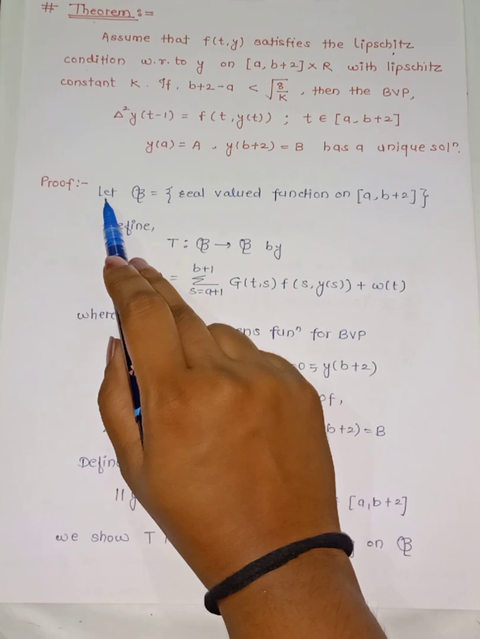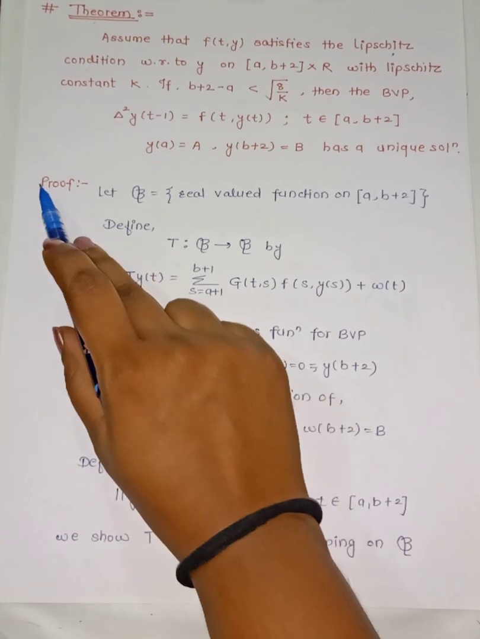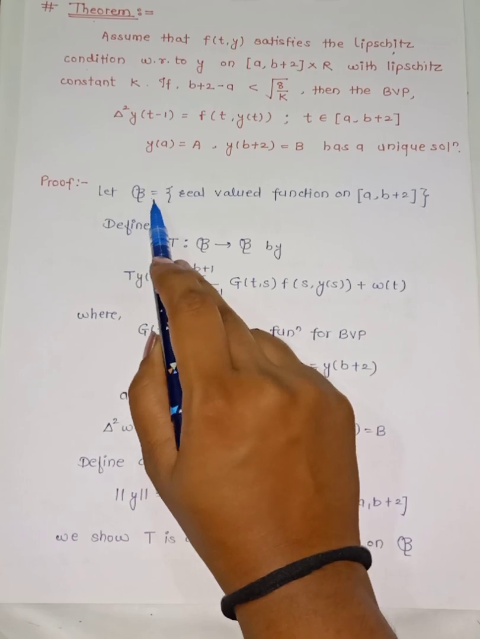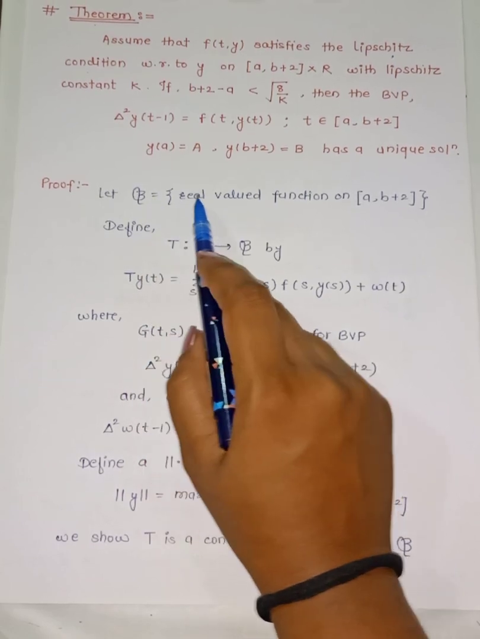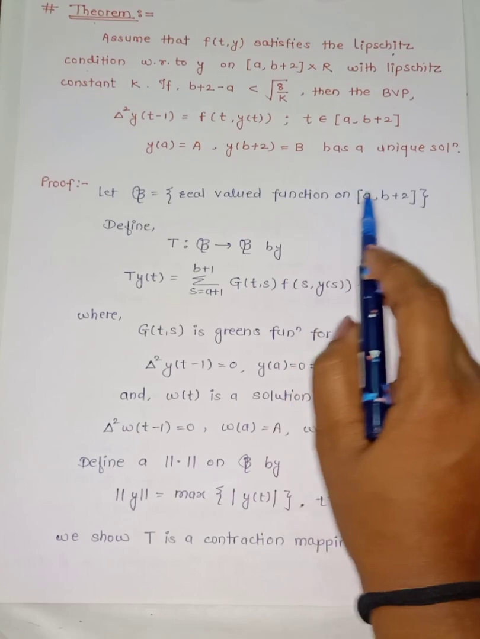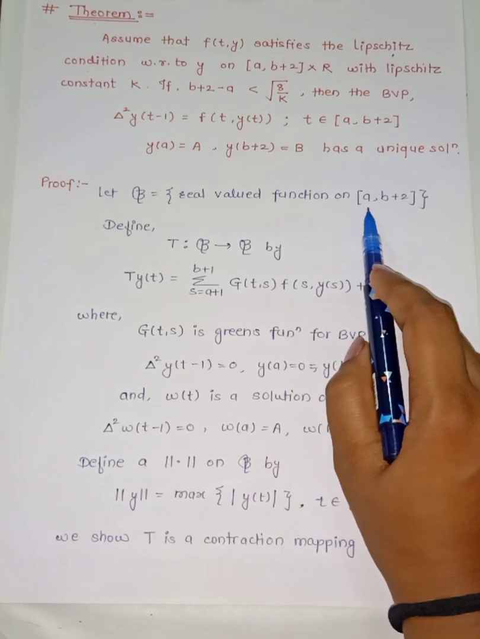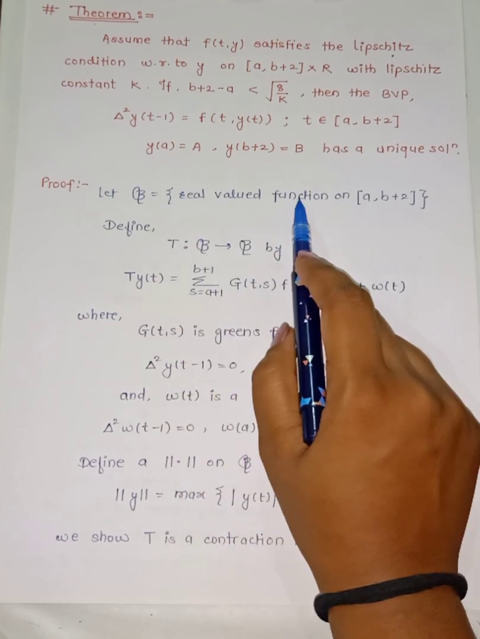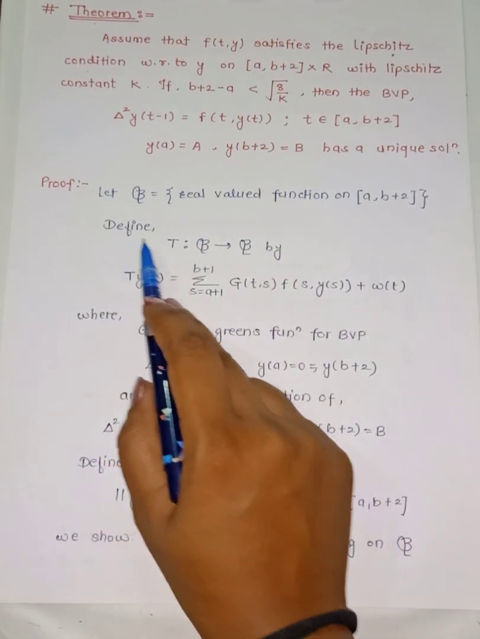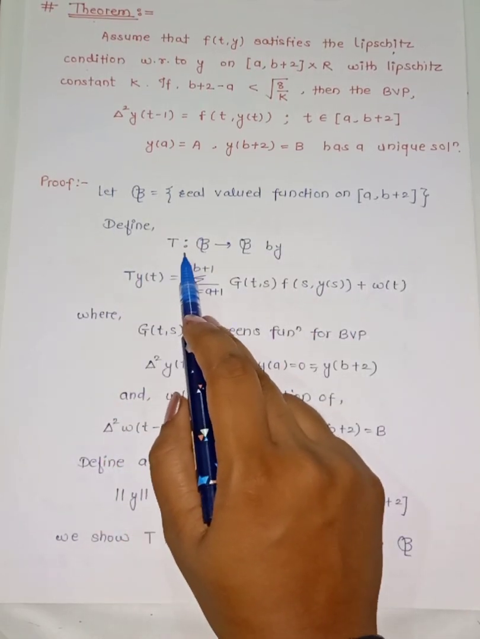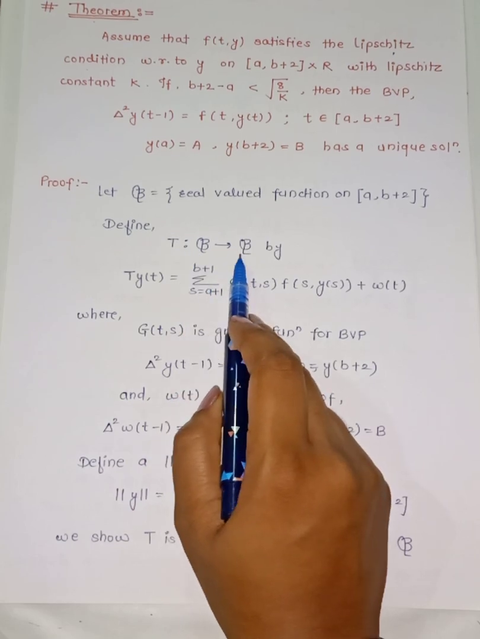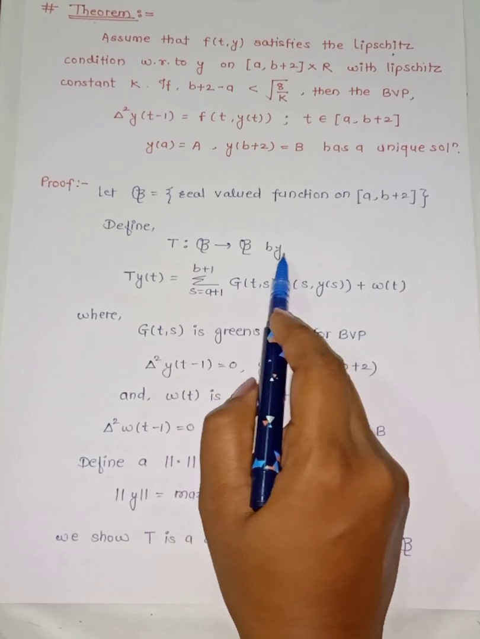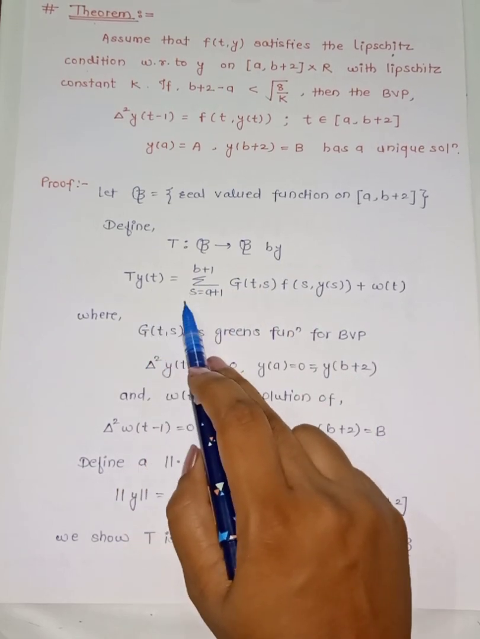So now we will start with the proof, and we'll consider that script B is equal to the set of real valued functions on the closed interval a to b plus 2. So this set is the set of real valued functions, and we define T operating from script B to script B. So T is a mapping from B to B by Ty of t equals